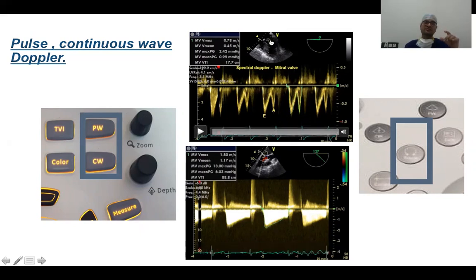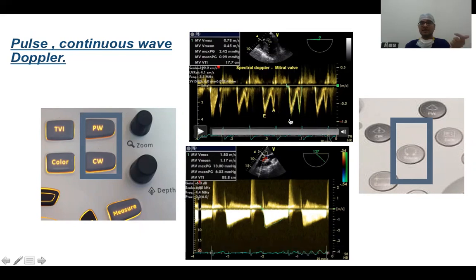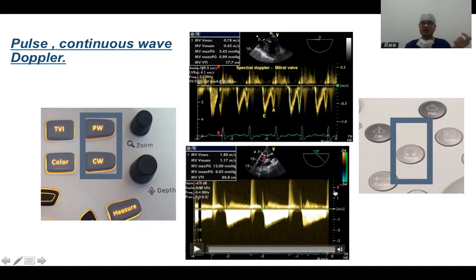Here in pulse wave Doppler, the velocities are limited so that it cannot measure beyond, I think, 120 meters per second. In continuous wave, the higher velocity blood flow can be measured easily. If it is higher than the limit, it will cause aliasing. The measurements can be made with this trace and this calculate button. If you press it, there are intrinsic algorithms available for cardiac and other measurements, which help us in calculating all these measurements.